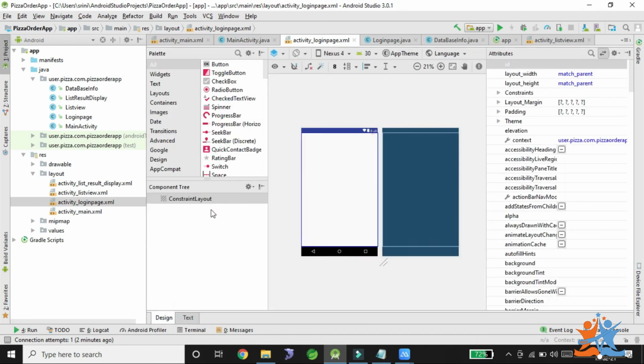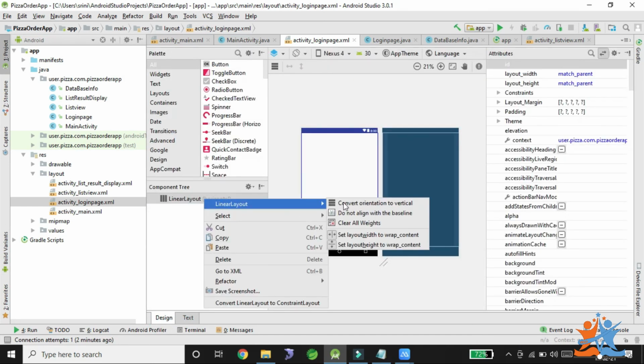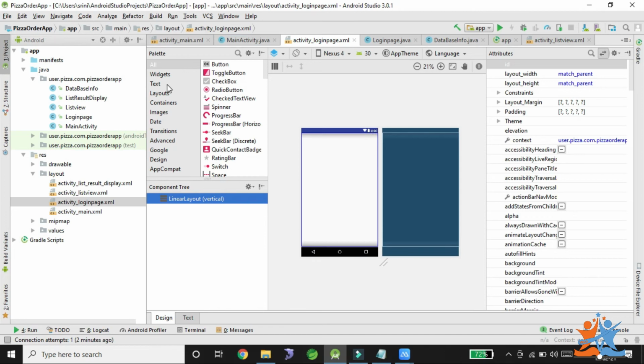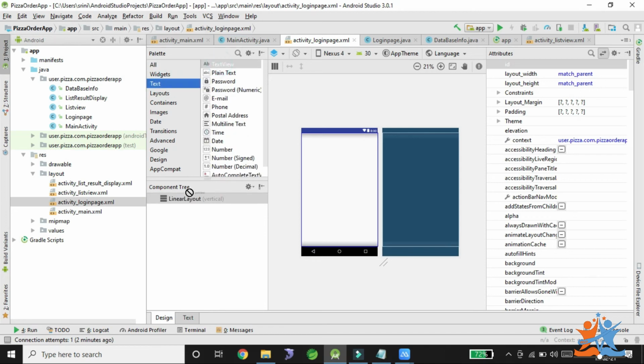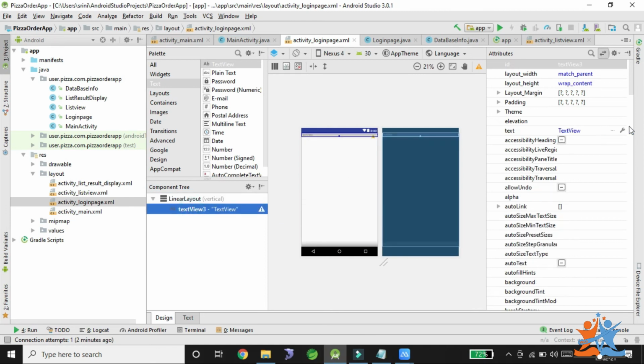The design linear layout converted into vertical, and here I'm taking a text view. In this text view I enter some text like login page.